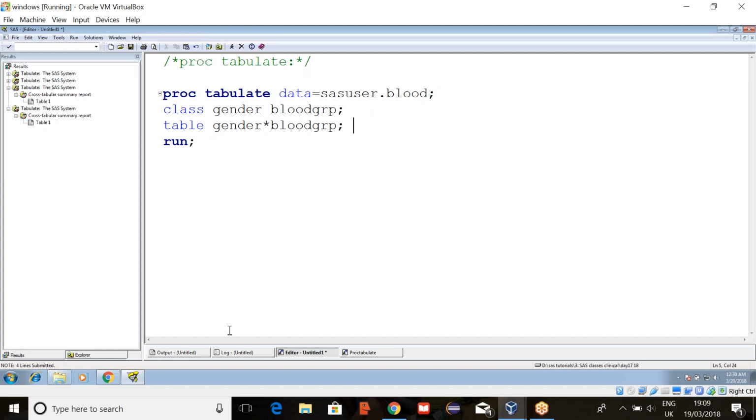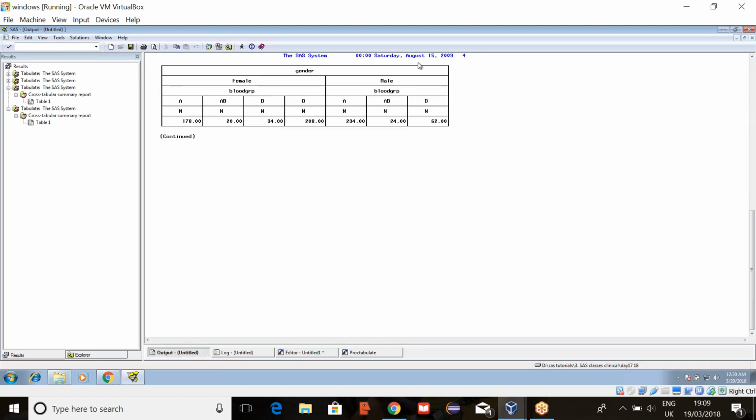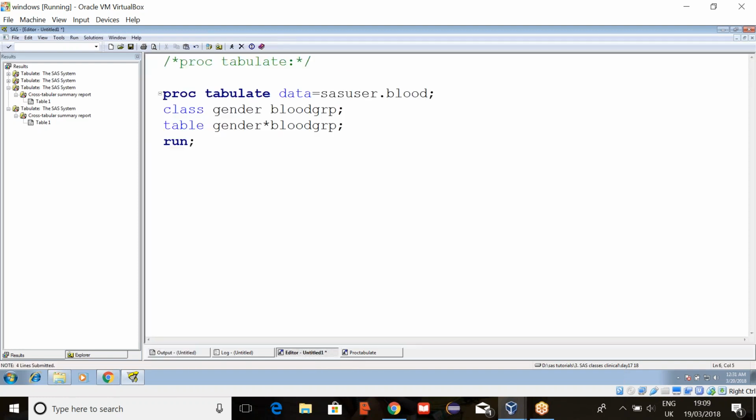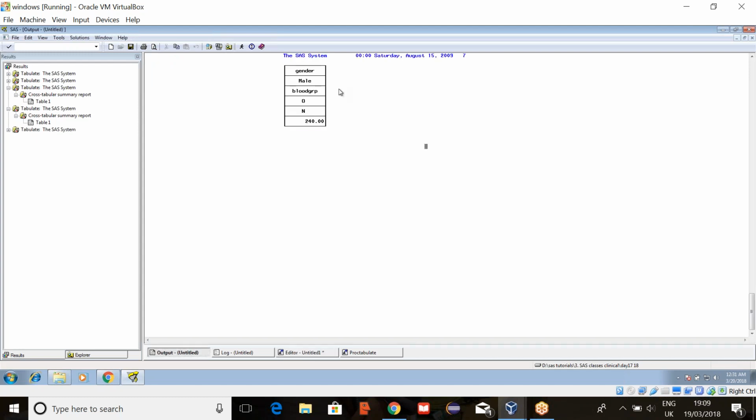Okay. The same statistics, if you want, we can generate by using other statistical procedures also. But frequency and means will not give you lines like this, in the form of a table. So if you want to generate an output like this, like a table, we have to use proc tabulate. Okay. Next one is var. Here in the var statement, as I told you, always we have to use only numeric variables. Suppose now if I run this code, see, is it giving you the RBC statistics?